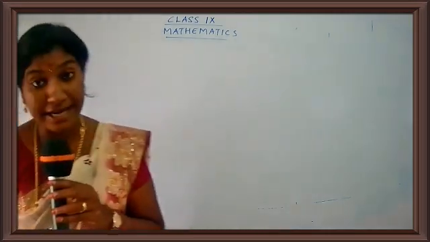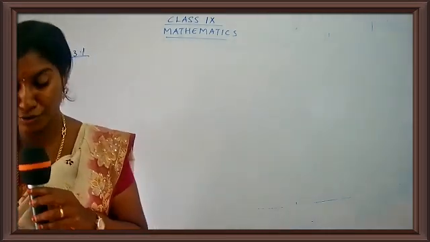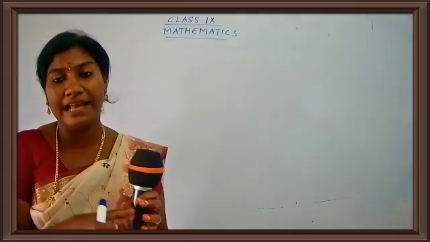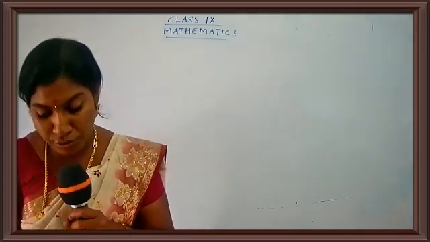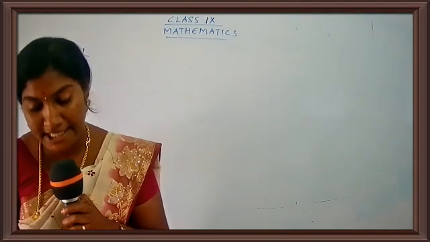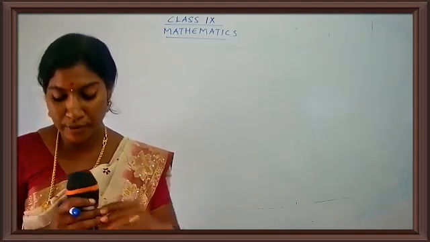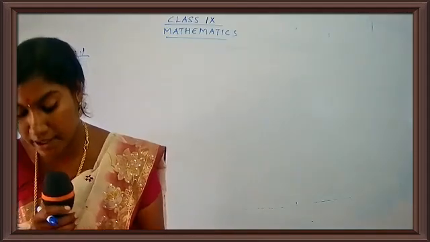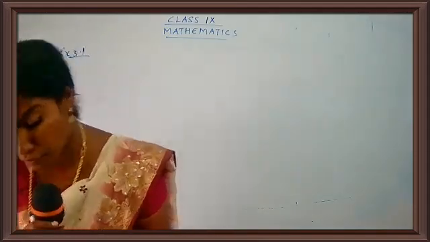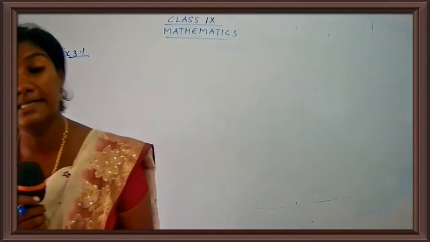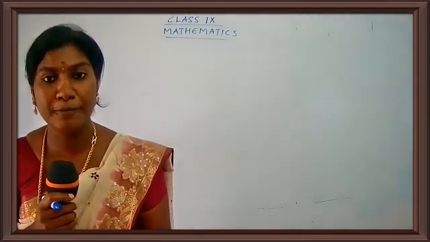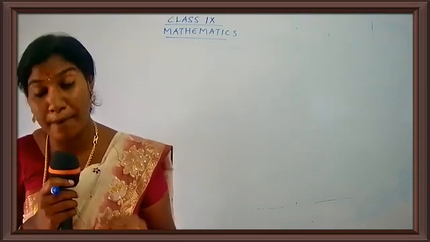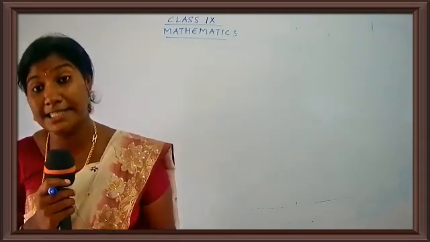Let's read the question and understand it first, and later on we'll move to the expression. What should be added to? So something is being added to 2x cube plus 6x square minus 5x plus 8. When you add a particular polynomial to this polynomial, what is the answer you get? You get the answer as 3x cube minus 2x square plus 6x plus 15. Are you getting my point? So what is the answer here? The answer is 3x cube minus 2x square plus 6x plus 15.